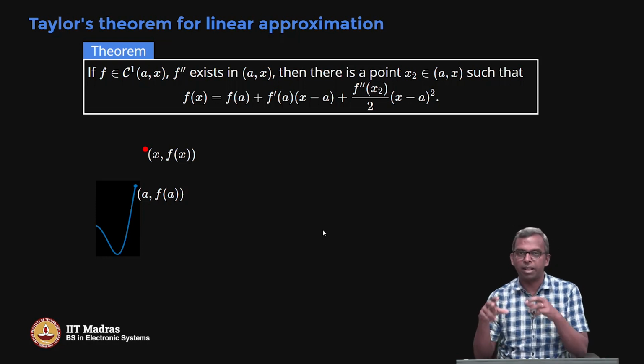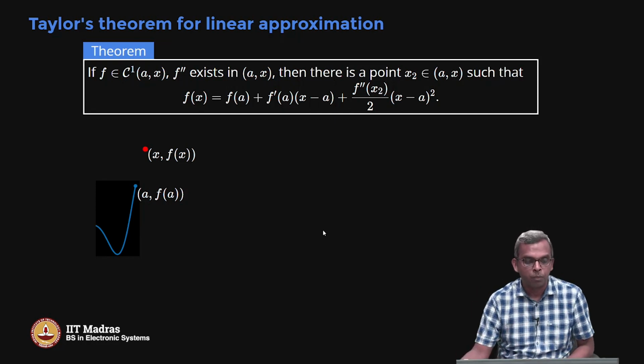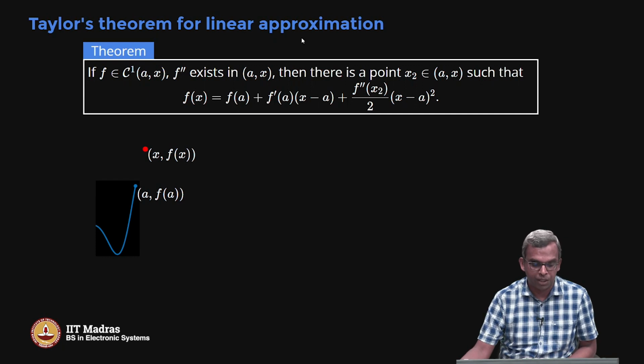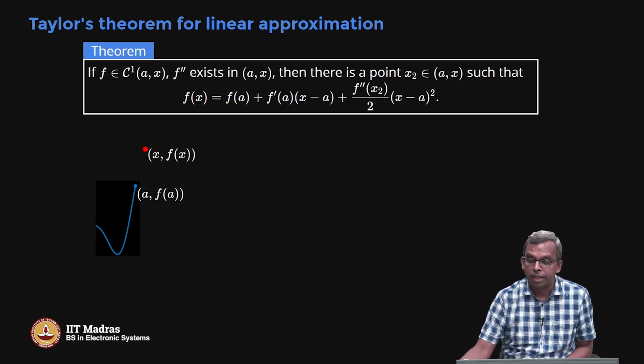We'll do more complicated versions as we go along, but this one is useful for linear approximation. So what is Taylor's theorem for linear approximation? These conditions are just smoothness conditions: f is differentiable, the derivative is continuous, and f double prime exists in (a, x). Then there is a point x2 in (a, x) such that f of x equals f of a plus